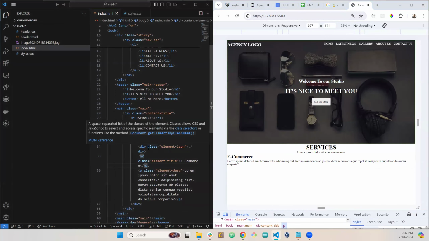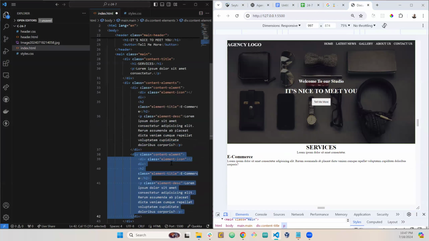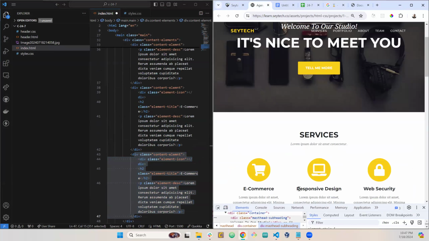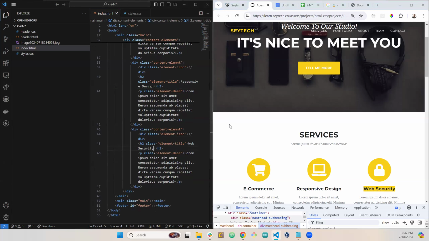Well, we have our element, and let's multiply it a couple of times. Third one is responsive design and web security. So here, one little thing you can do to make things easier, you can apply the text align to the whole body because the whole UI will be